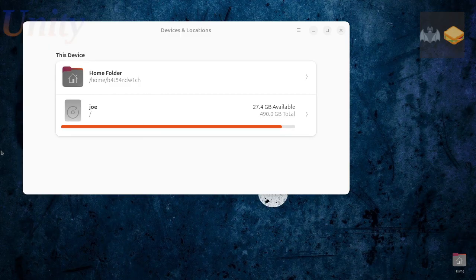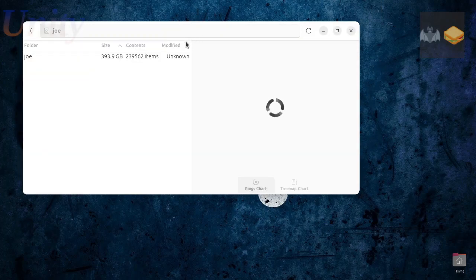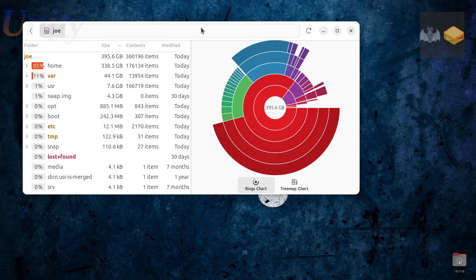Now, we want to see devices and locations under here. And it's calculating all of our space here, right? So, it says 85% of whatever's in here is in our home folder, right? And if you've ever seen the file system, okay, like for example,